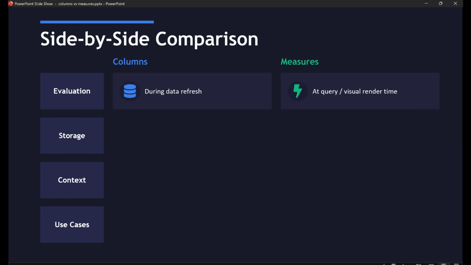In contrast, we have measures which are evaluated at query time. So anytime a user looks at a visual which is reaching out to a column, that is when a dynamic measure is actually queried. Moving on to storage, calculated columns are persisted in the model, so they do add to